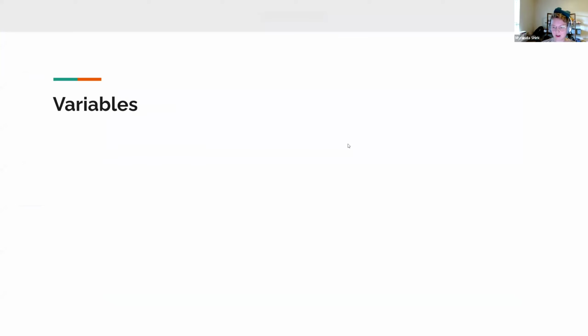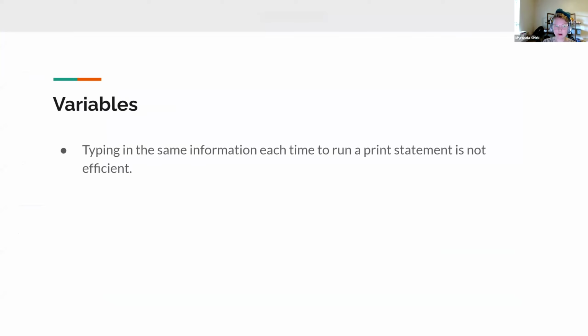So now we have come to a part where we can start talking about variables. So before we've been typing in the same information each time to run a print statement. We've been saying print 5, print hello, print 10.292. And that's not very efficient. What if one of our values changes? What if we're doing math and we're trying to calculate